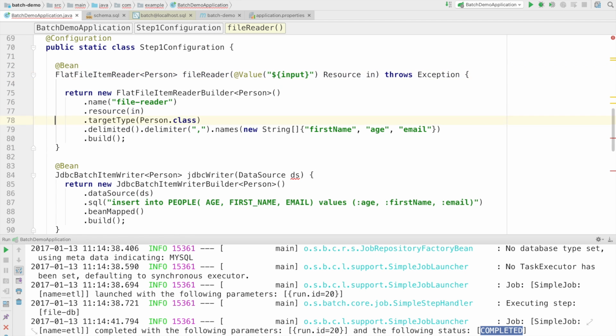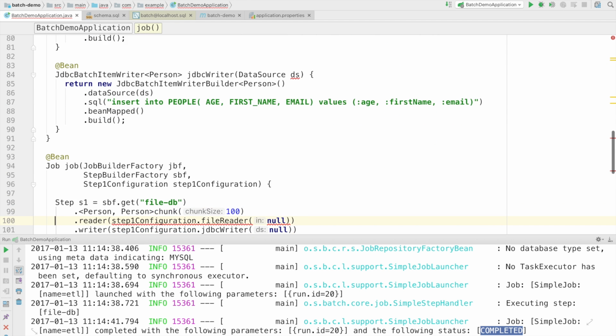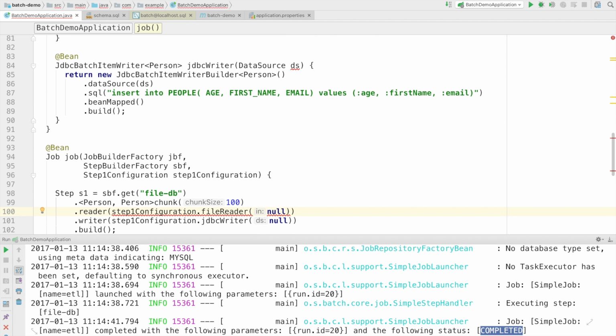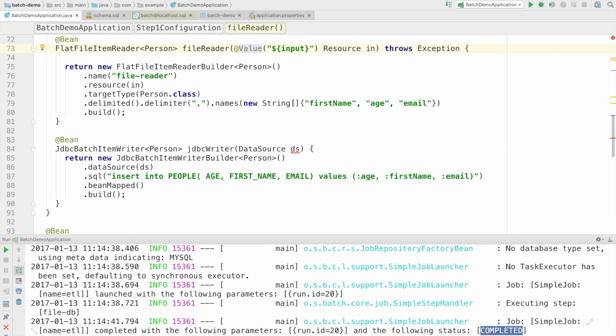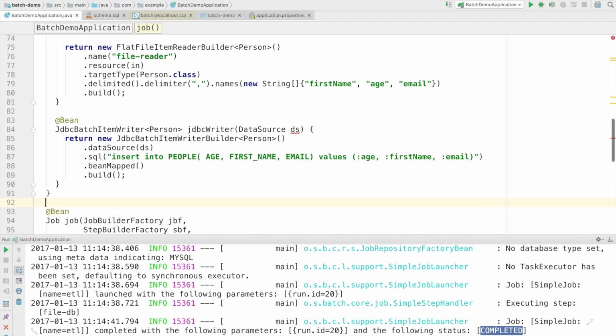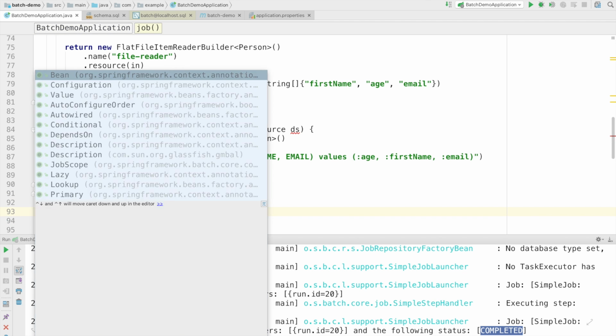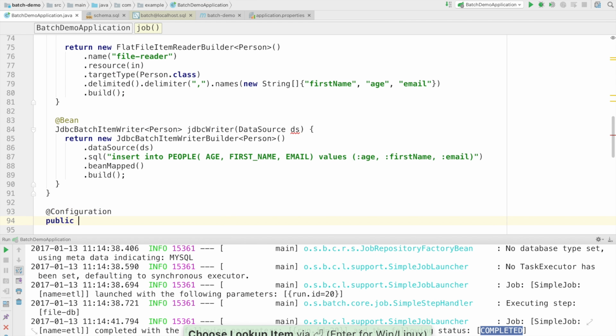So we're doing the same thing here, but we're dereferencing the bean on the configuration class itself. So this is going to require an exception be caught, so we're going to throw that. And that gives us a nice little scoping, if you will, a little bit of isolation. So now we can define another configuration class for step 2. So @Configuration, public static class Step2Configuration,